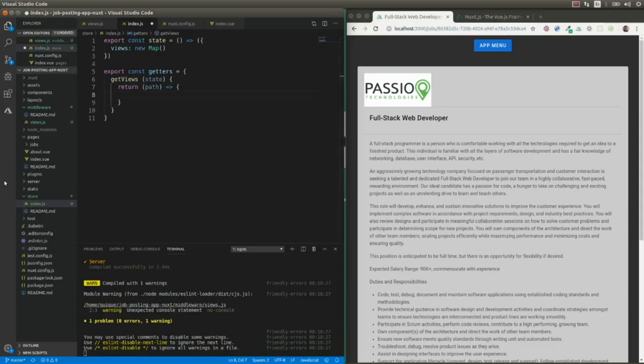So I'm going to use the path to access this map that we defined as the state of the application, and I'm going to get the value associated to that path within the map, and this is going to give me the views for that page. So first I'm going to check if the path is already added to the map. So state.views, here I'm accessing the map, and then I'm going to check if the value associated to this path is undefined or not. So I'm going to pass the path, get, and I'm going to pass the path here. And if it's not undefined,